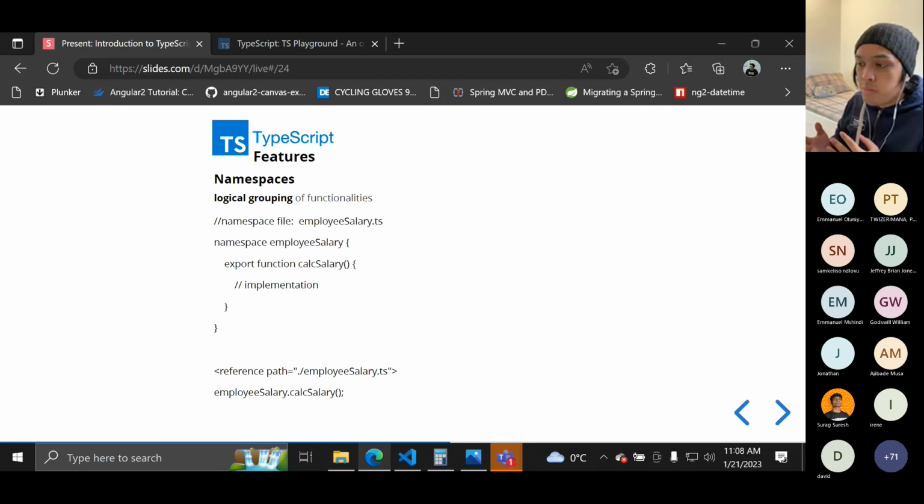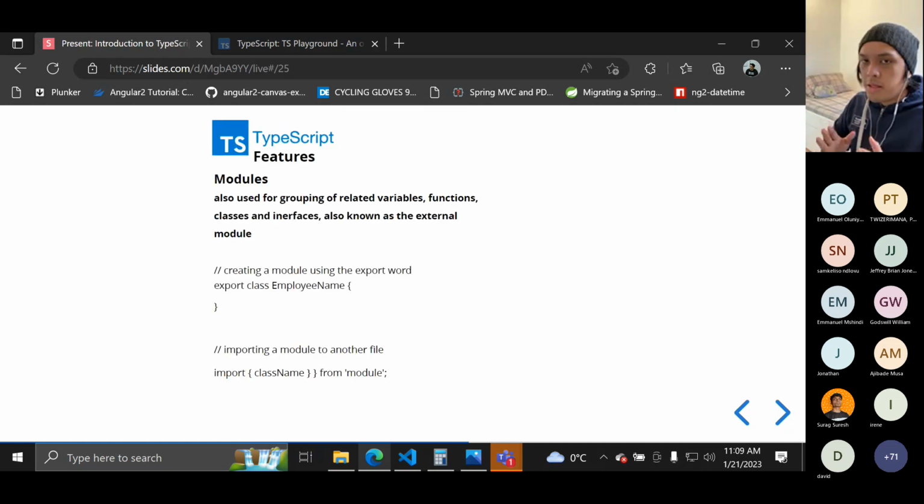In order for that to be used in different parts of the code, we should have the export reserved word. To use that TypeScript code, we just use the reference path employeeSalary.ts, pointing the path to that file. After that, we can use the calcSalary function outside the code. So this is basically the grouping of code in our application.